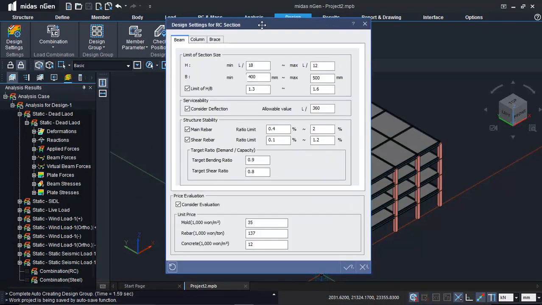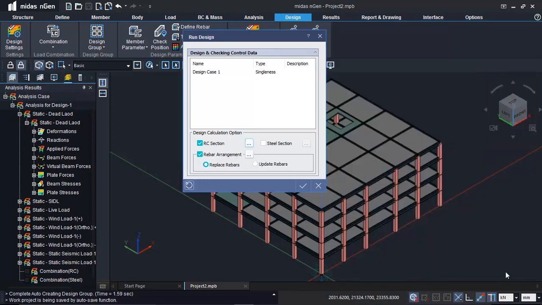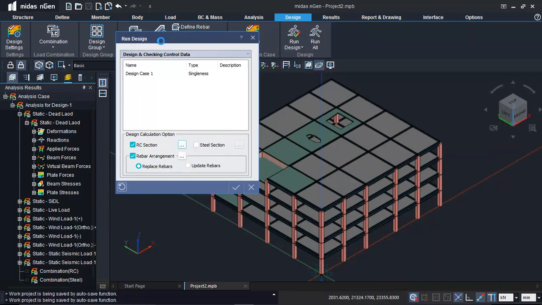If you want to optimize the RC section, we should check on RC section, and here you can see that we can specify the various requirements for the section size and the serviceability, and for the price evaluation we can specify the data for the price. Once I click OK, the program will perform the optimization of the RC section. If the size of the beam is not optimum and the target ratios are not met, the program will use the RC section optimization